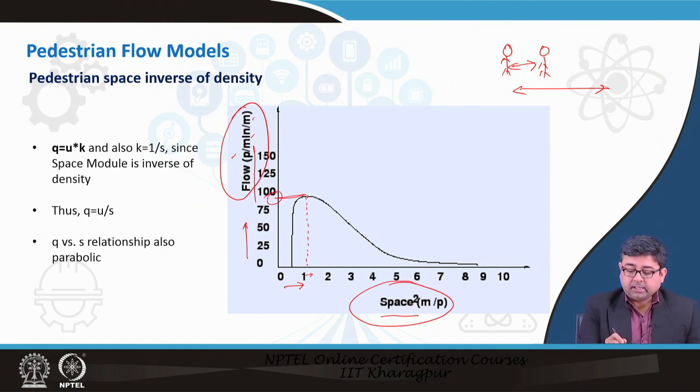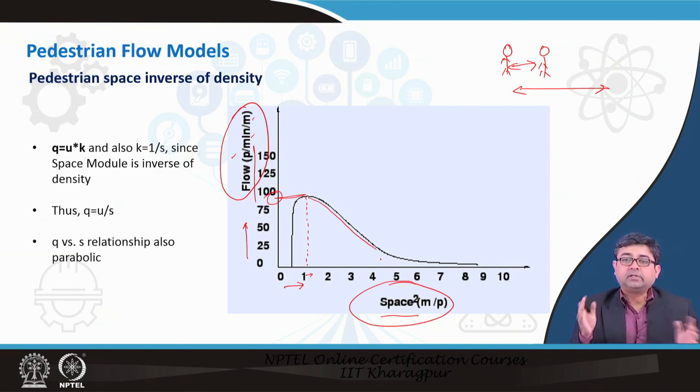flow rate. If you keep on giving more space to people, the flow starts to reduce. So, when we are designing sidewalks, we have to be very careful about how much width the sidewalk should have versus the number of people that are going to walk on it. We do not want to give too wide a sidewalk if the volume of people who are going to use it is very less, because that will mean that the flow is very low. Low flow usually means that you are not utilizing the capacity of that sidewalk to an optimal or maximum extent.